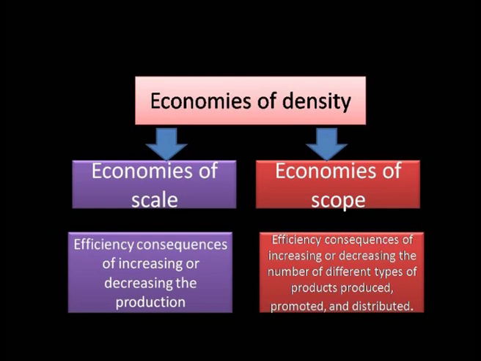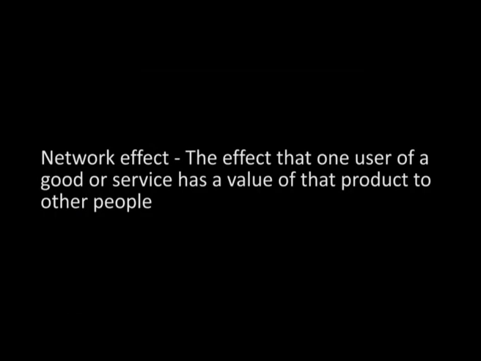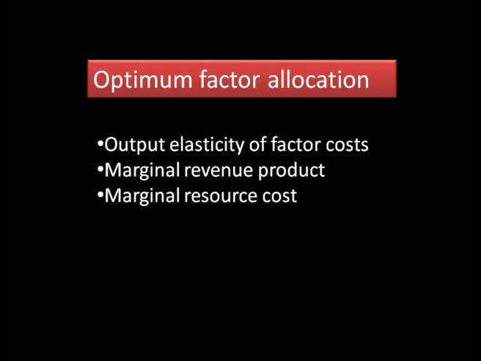the efficiency consequences of increasing or decreasing the level of production, economies of scope, the efficiency consequences of increasing or decreasing the number of different types of products produced, promoted and distributed, network effect, the effect that one user of a good or service has on the value of that product to other people, optimum factor allocation, output elasticity of